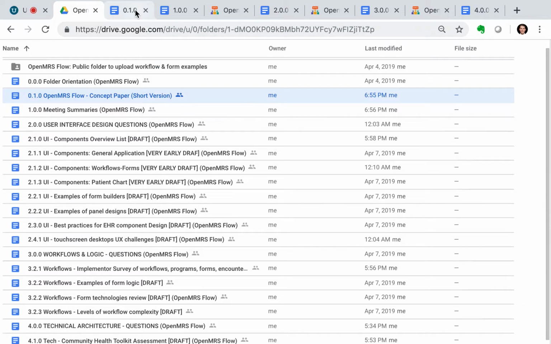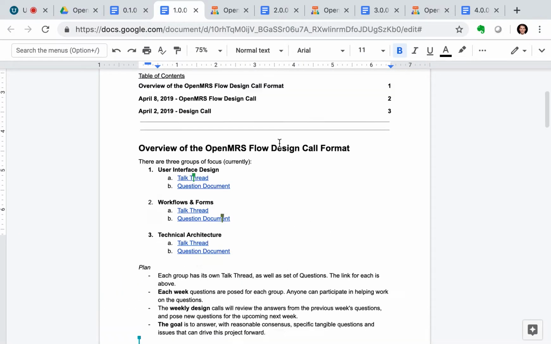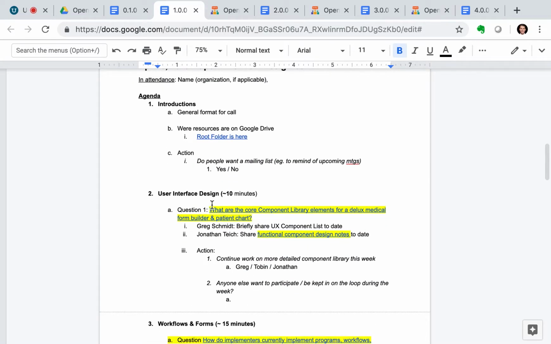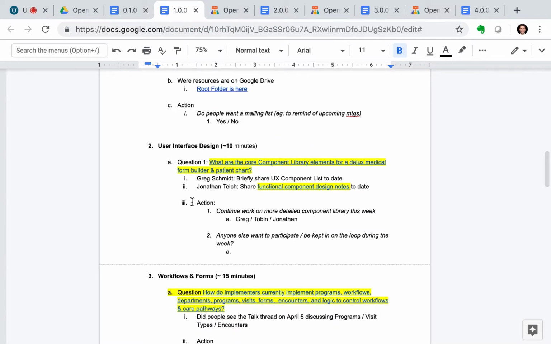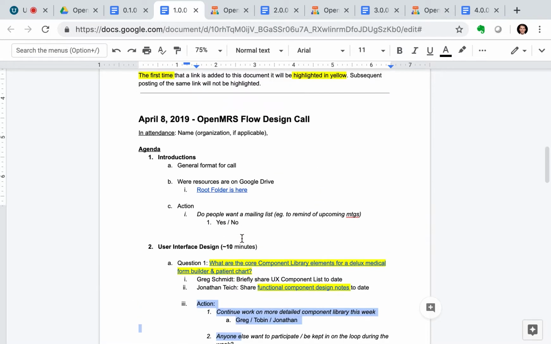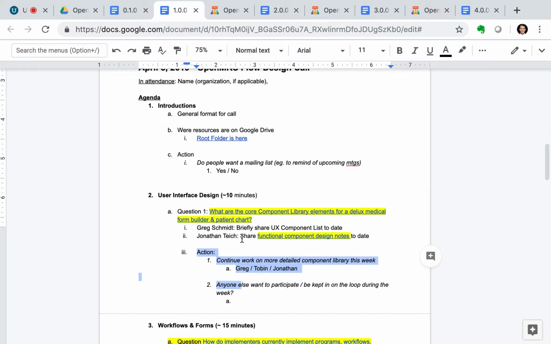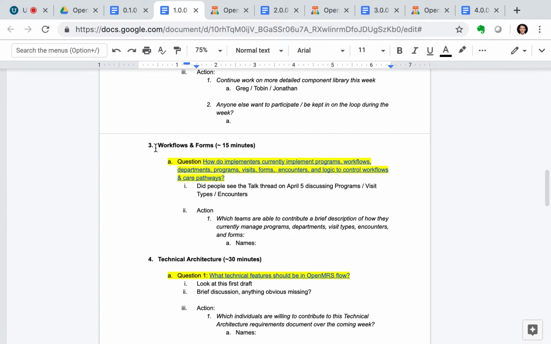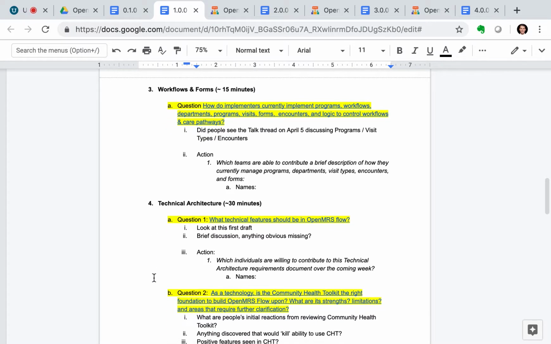But I think the easiest way to follow along might just be to follow along in this meeting summary document, where the hope is that each week we'll go through which questions we're working on and then figure out what we can take away as far as next steps. If that sounds good with you guys, maybe today the first question would be on user interface design, spending about 10 minutes looking at some of the work Jonathan and I had done. Then we'll spend more of the call talking about workflows and forms, specifically that talk thread which came up earlier in the week regarding the discrepancies between how people are handling programs, visits, and forms, and then spend the last half hour today talking more